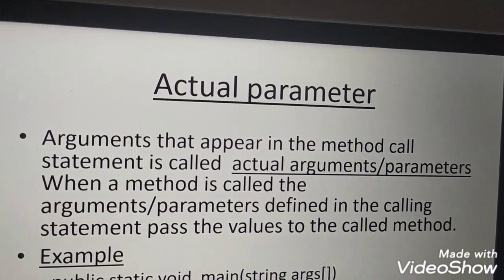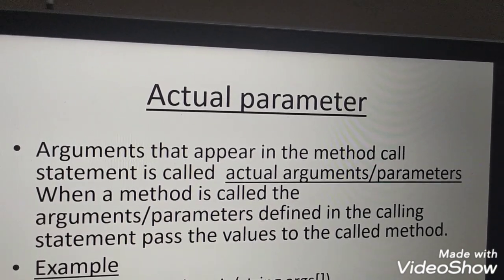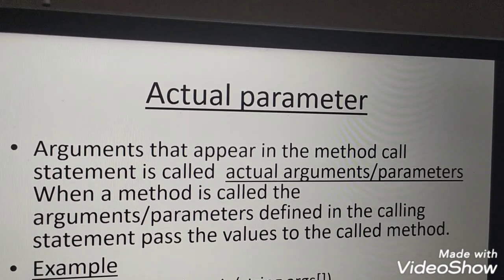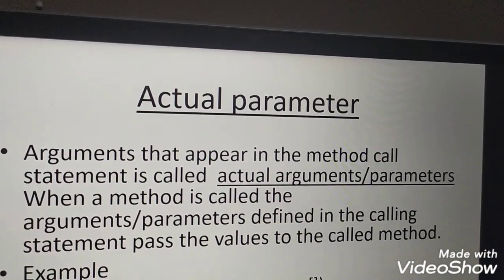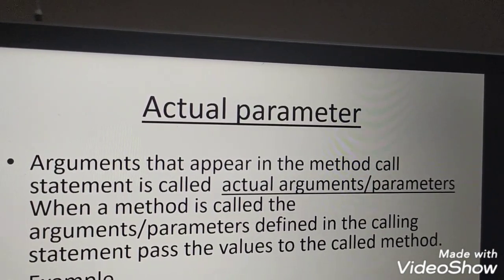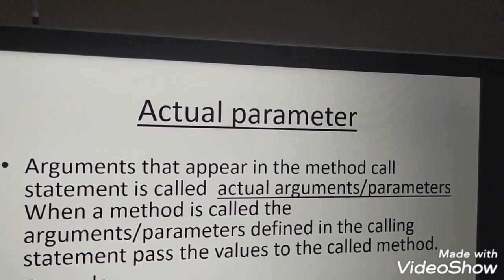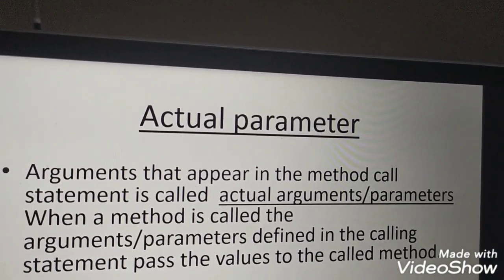So in the calling method, the arguments which are used are called actual arguments or parameters. When the method is called, that argument or parameter defined in the calling statement is passed to the called method. In the previous example we already discussed this.